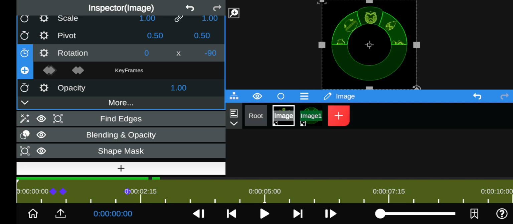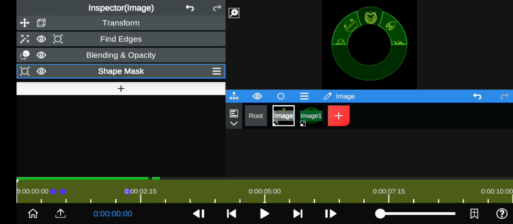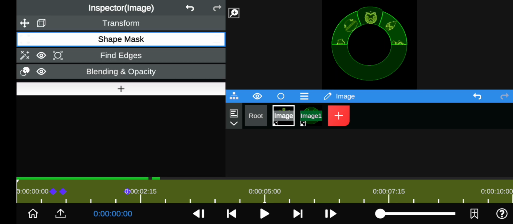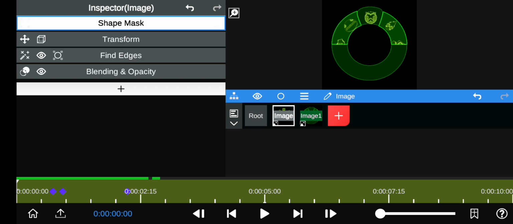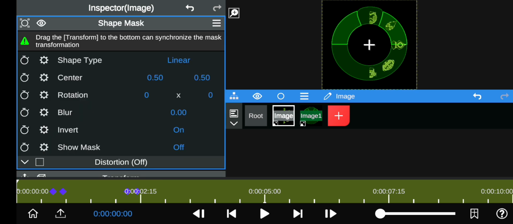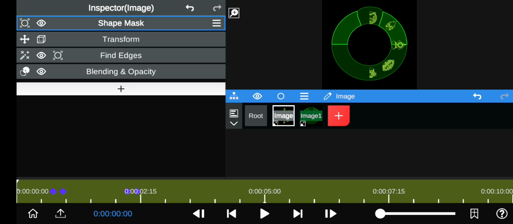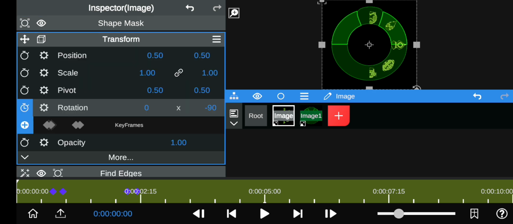And now the final thing we need to do is, if you're making this like a black screen or like a green screen, you probably shouldn't make it a green screen. You probably should make it like a black screen or a blue screen. But if you are doing that, just make sure that the mask here goes, you're gonna drag the mask and drag it above the transformation. Now this will mess it up a bit, but the way to fix it